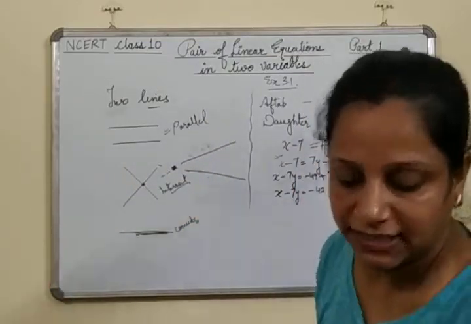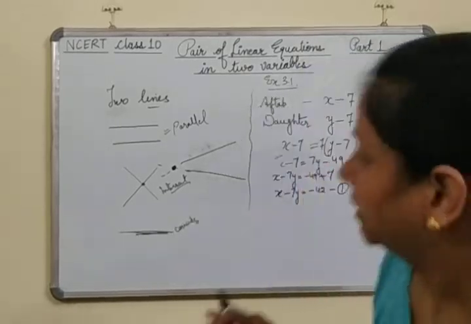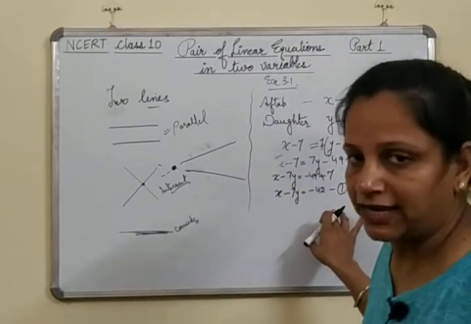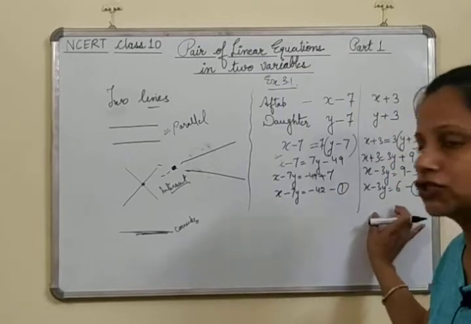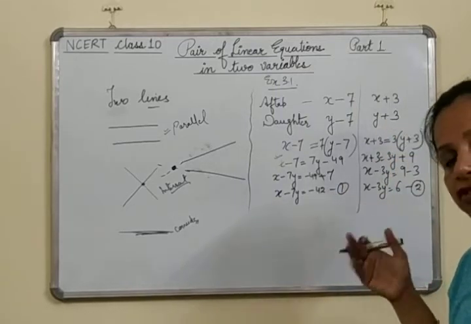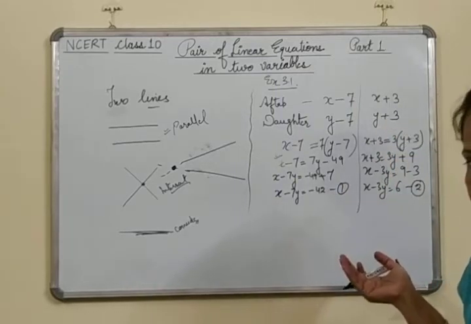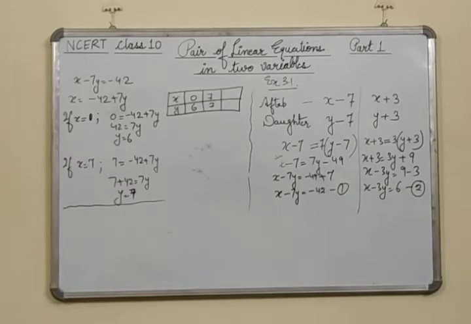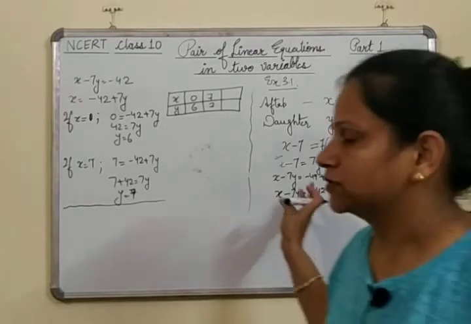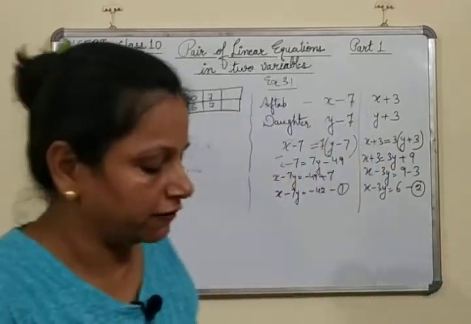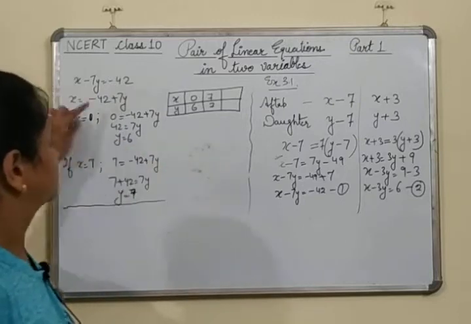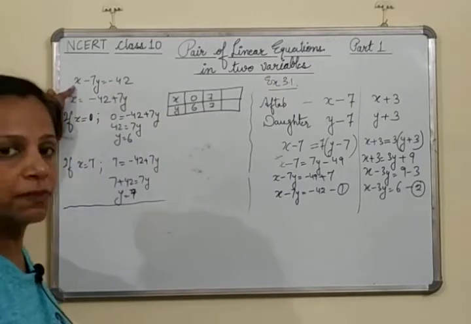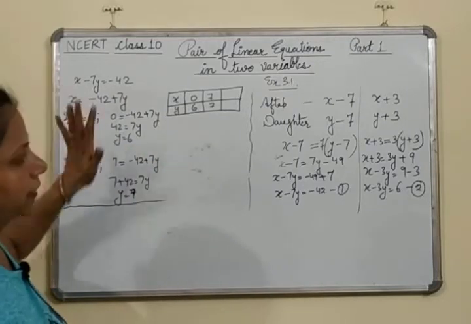Though we have done the same thing in class 9, but again for this question I'll explain once how to draw the graph for these two equations. Then for the rest of the questions you can carry on by yourself. Fine? Okay, so these are the two equations that we have. Now from these two equations, suppose we take the first equation and solve it. Suppose we have x minus 7y is equal to minus 42. Solve करना, I hope everybody knows.